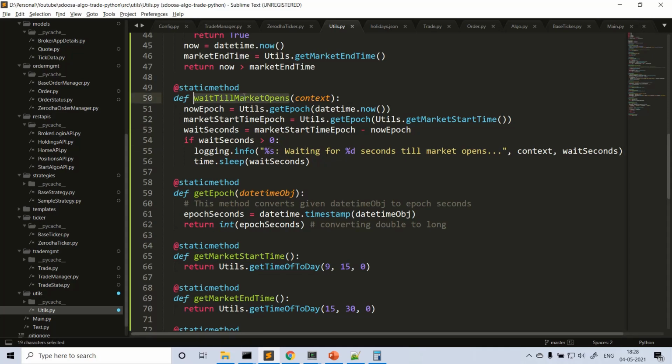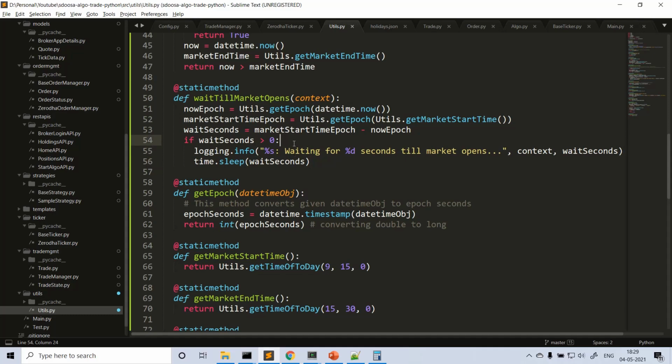This can be used in a strategy, a trade manager, or anywhere in the program. I print that context name, waiting for this many seconds, let's say 4,500 seconds, till market opens. And we call a sleep function, so that particular thread, wherever this function is called, will just sleep till the market opens.